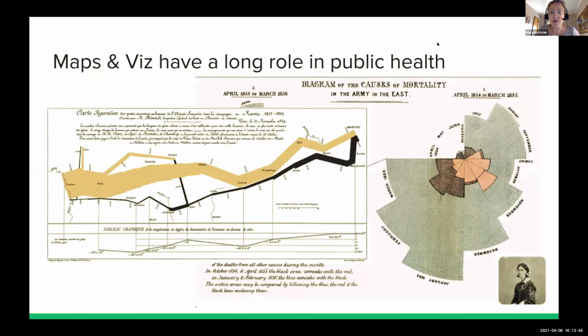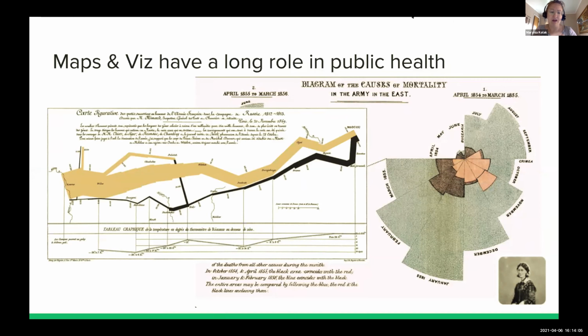So first, I'll talk a little bit about my motivations and why I take the approach that I do. First and foremost, maps and visualizations have a really long role in public health. And because a lot of what I work on is within public health, I think that ends up being pretty important. So here you're looking at two of the first very well-known visualizations,